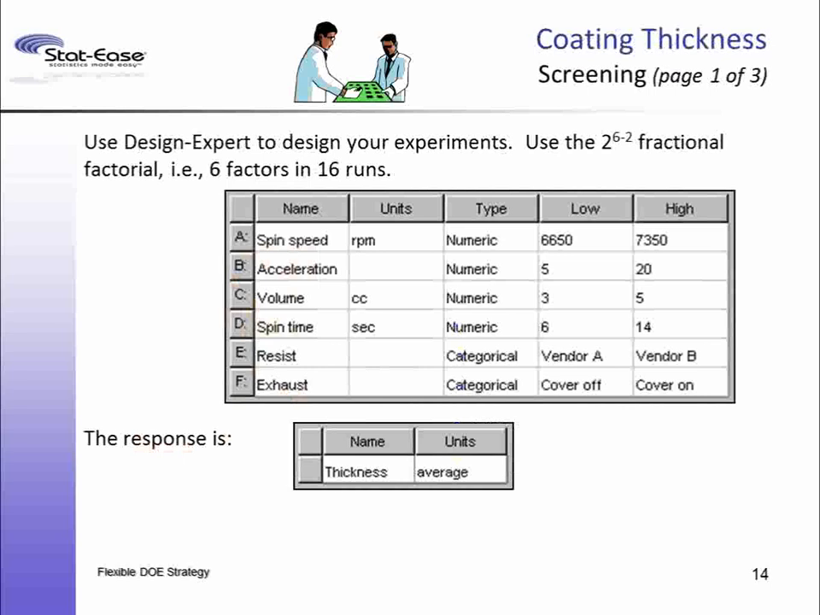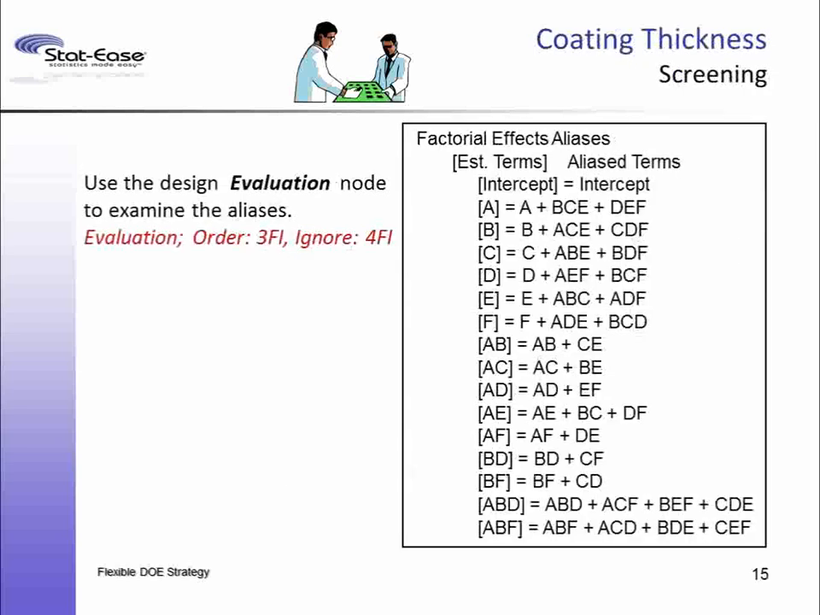So we could set this up in Design Expert, the 6-factor, 16-run design. We have some numeric factors and some categoric factors in here. The 16-run design has an alias structure that looks like this. You can see the main effects are aliased with 3-factor interactions. We generally consider that an acceptable